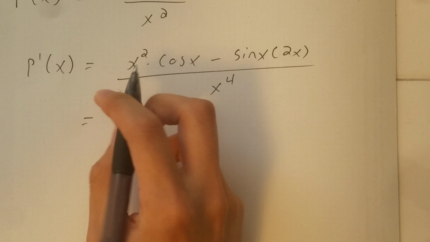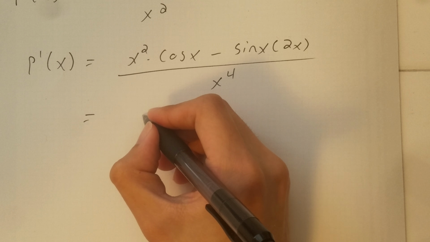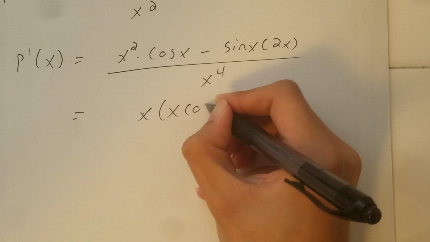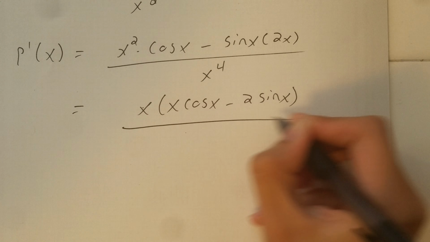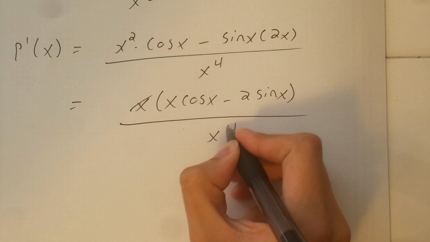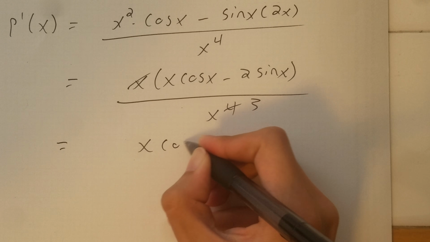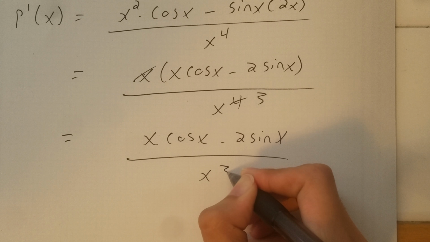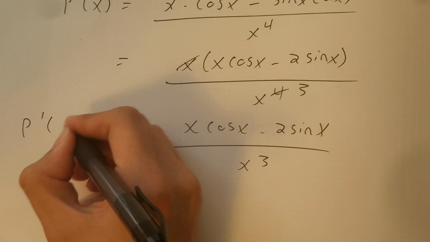So looking at the top, so the numerator, we have a common factor x, so we can factor that out. So we have x cos x minus 2 sine x, and then all of that divided by x to the power of 4. We have x and x to the 4, so we simplify that. We have x cubed on the bottom, and then we're left with x cos x minus 2 sine x divided by x cubed. We can't simplify this anymore, so this is the value of p prime of x using the